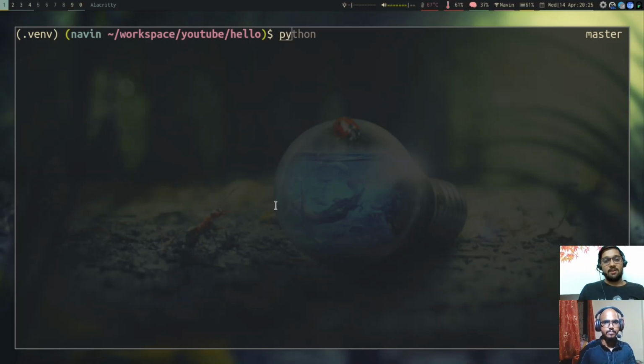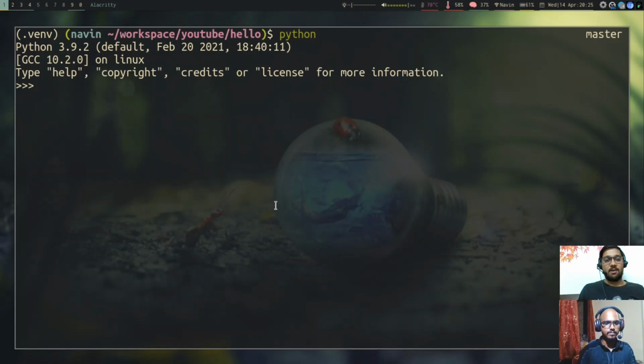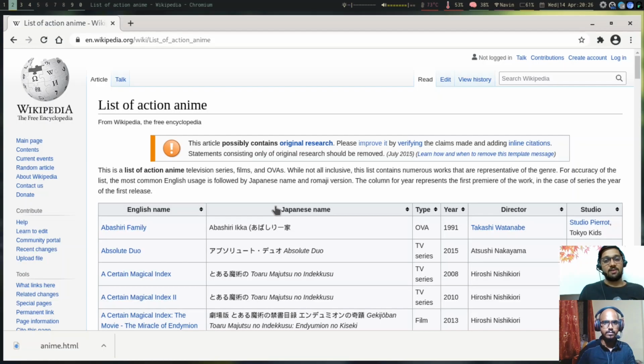Now we will use this file that we saved to fetch the table from it, and for that we will again start our Python prompt and import pandas as pd as we did before. In this case, everything that we did in the previous example will remain the same. Just the thing that will change is, instead of using the website URL, here we will use the exact file path, and in this case the file path will be directly anime.html as we have saved it in the same directory. And for giving the keyword to match, we'll use something like, let's say, Japanese name.